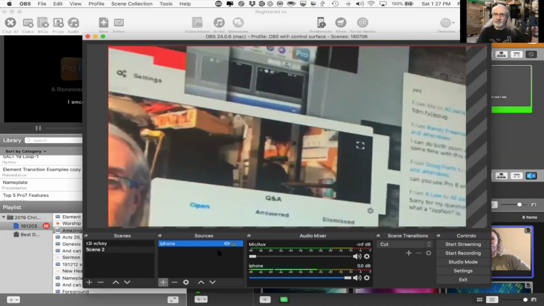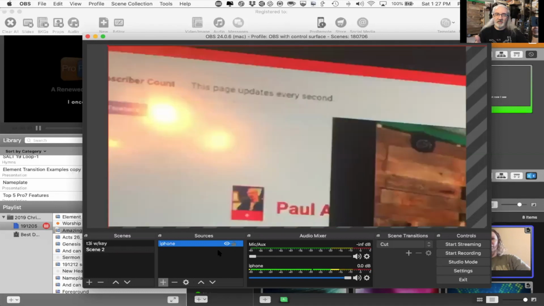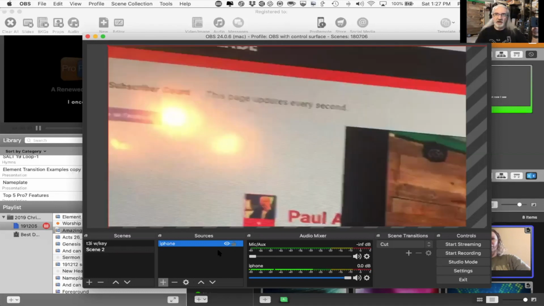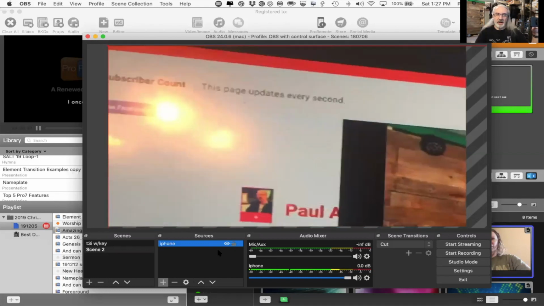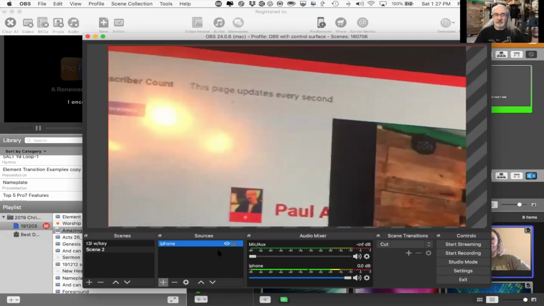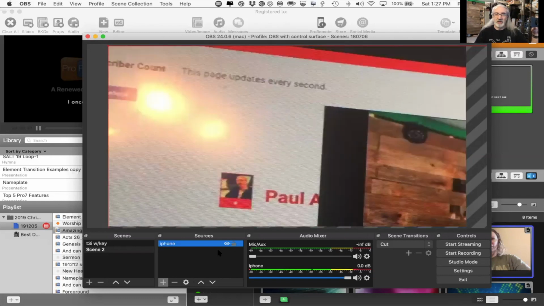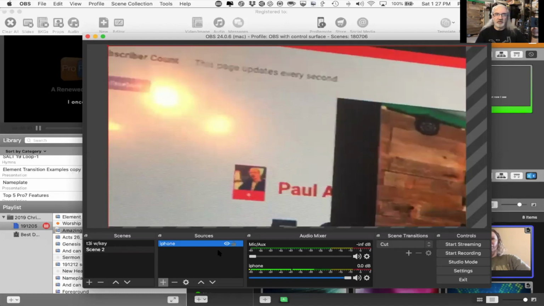So I can send that over Wi-Fi and have what's essentially a wireless camera that I can live stream. So that's another live streaming tip that you can do with